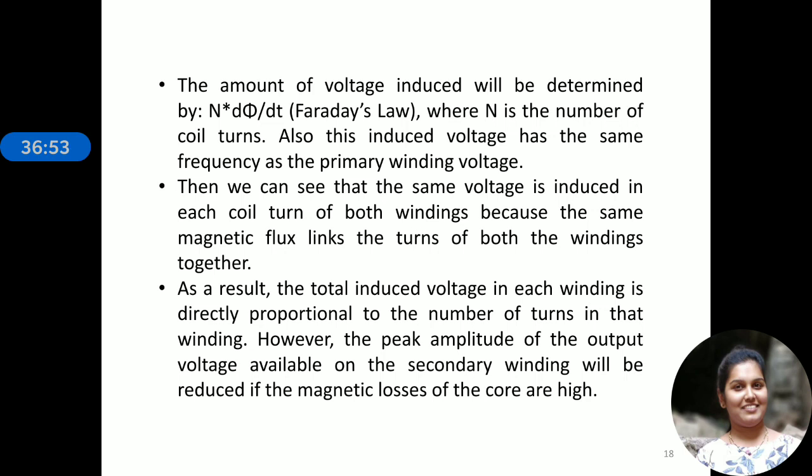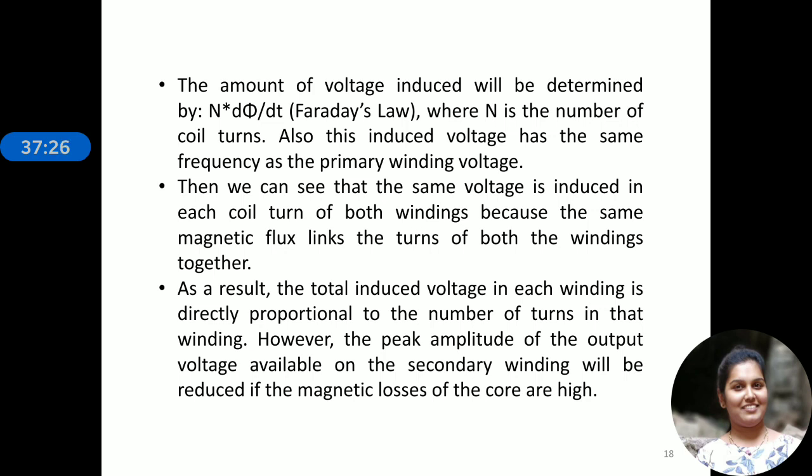Okay, so assuming we have a transformer with a single turn in the primary and only one turn in the secondary. If 1 volt is applied to the one turn of the primary, and assuming that there are no losses, enough current must flow and enough magnetic flux be generated to induce 1 volt in the single turn of the secondary. That is, each winding supports the same amount of volts per turn.